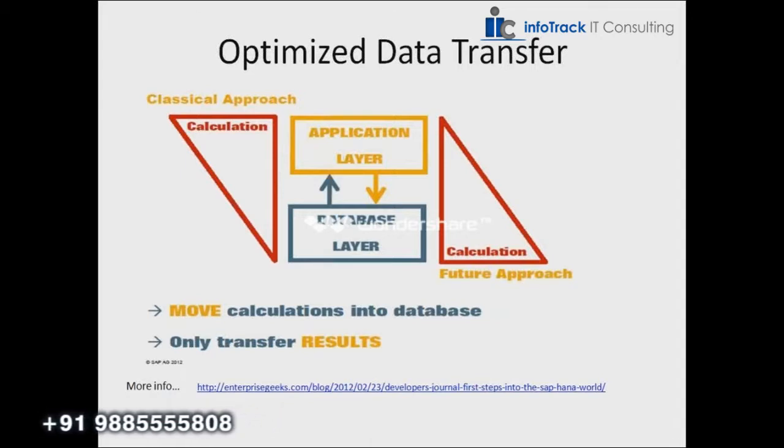And this is why I have kept this slide: this is a certification question. The question is like, what are the hardware innovations by HANA providers?